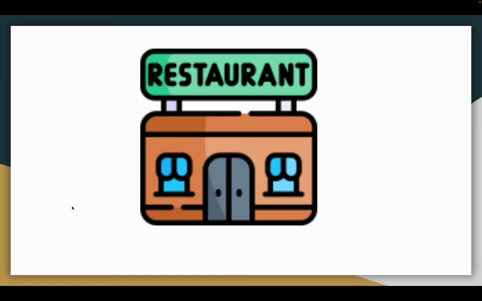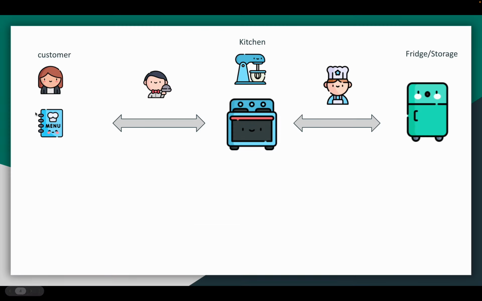So let's take an example of a restaurant and try to correlate it with those three layers of an application. Consider this restaurant serves fruits, salads, ice creams and other things. There is the customer who arrives at the restaurant and checks the menu, and then orders the required food item the customer needs. Then we have a waiter here who would take that particular request of the food item, pass it on to the kitchen, and then we have a master chef here who would